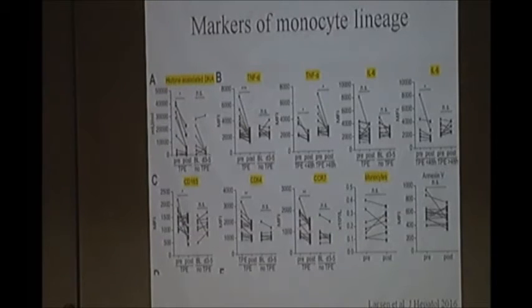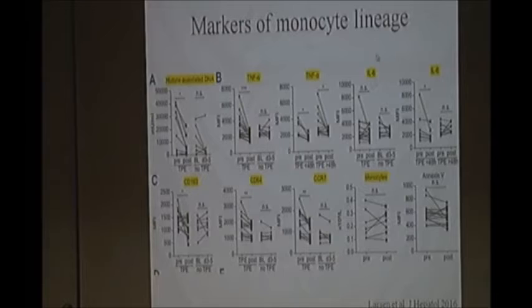Now, the proof of concept study done by Larsen, on a very small subset of patients from their original RCT, showed that markers of monocyte lineage, mainly histone-associated DNA, TNF-alpha, and interleukin-6, as well as inflammatory markers CD163 and CD64, CCR7, all decreased in the plasma exchange group as compared to the standard medical therapy group.